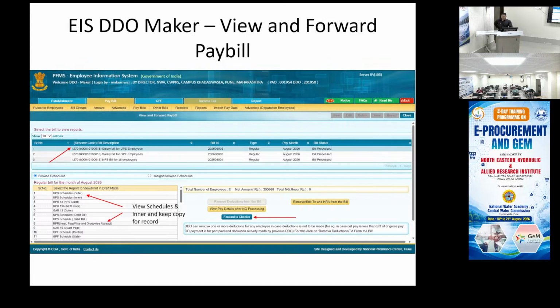We forward it to the checker. So one by one is this UPS we forward to checker, then GPF forward to checker, and NPS forward to checker.